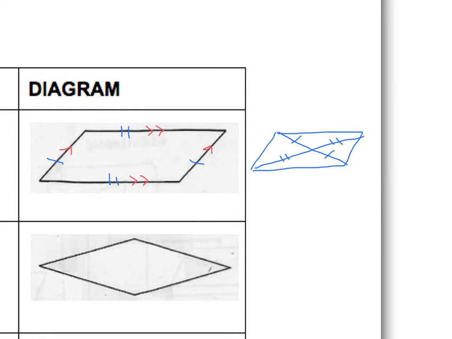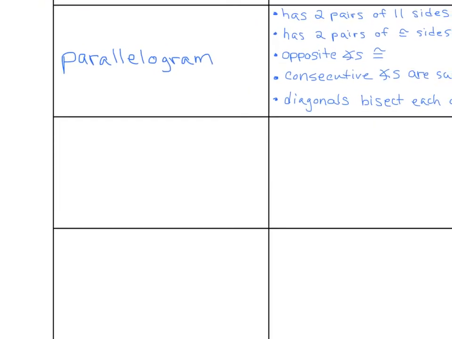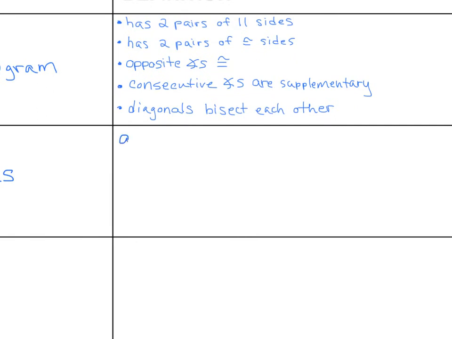Next, we're going to go back and talk about the next type of special parallelogram, and that is a rhombus. And by definition, a rhombus is a parallelogram specifically with 4 congruent sides. So just know that when it talks about that it's a parallelogram, all 5 of these things